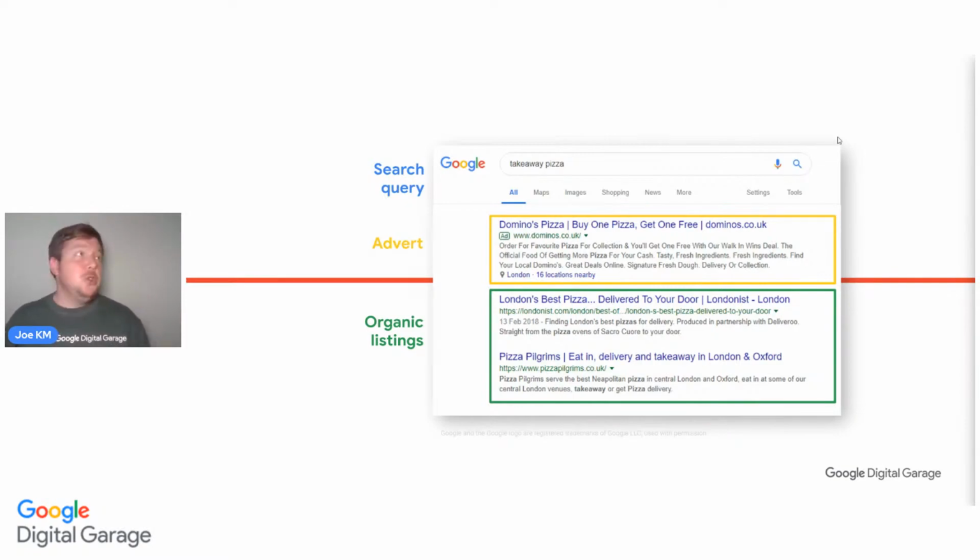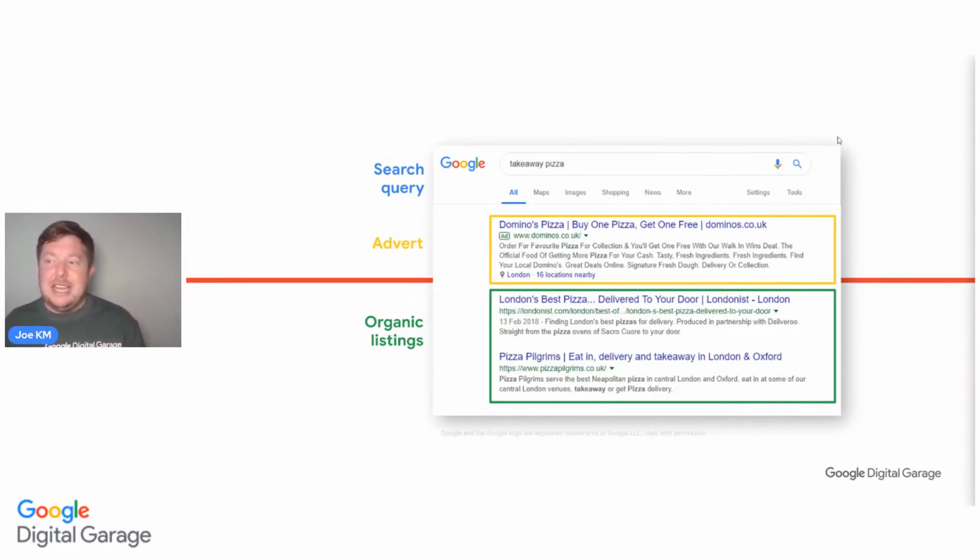As soon as you've done that, Google, or Bing, looks at the ads that have been created and then displays those ads to match the relevant search query. So for example, takeaway pizza. Here, someone's typed in takeaway pizza, and an advert has come in instantly, highlighted in yellow. It won't be yellow, it'll just be what's there without the yellow box. It's an ad that's relevant to the words takeaway pizza. Here we can see that Domino's are displaying an ad saying Domino's pizza, buy one pizza, get one free. Domino's.co.uk. 16 locations in London. So I imagine this person has searched for takeaway pizza in London, hence it's returned relevant results in London.